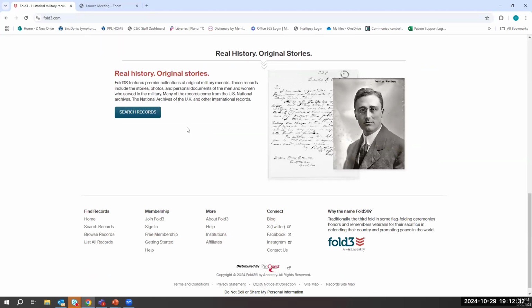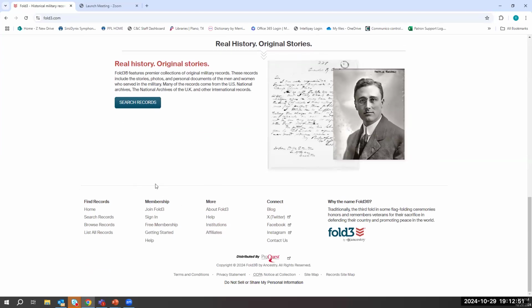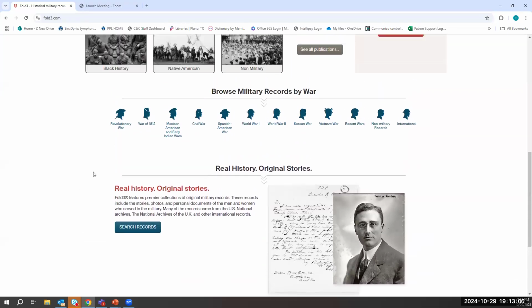So this is some collections of stories, maybe written letters, narratives that people wrote about their time in service, some photos, any personal documents, a lot of different resources. And then at the base here you can find a little bit more overall information about fold3, as well as that statement I was telling you about of why the name. I'm going to run back up here